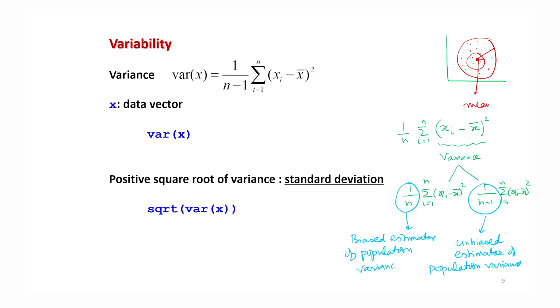Well, we are not going into the aspects of unbiasedness or biasedness of estimator, because that relates to statistical inference, and we are not going into that aspect. But because of this property, in the R software this variance is computed by this expression, which has a divisor 1 upon n minus 1.